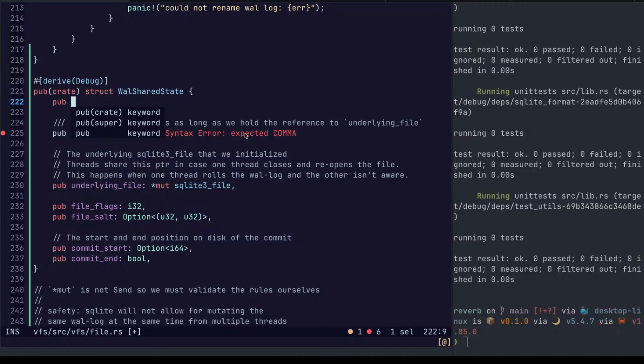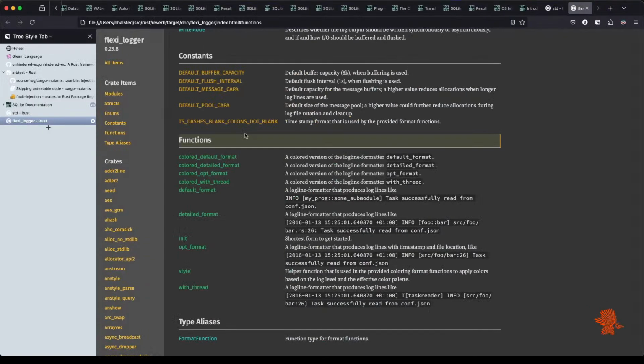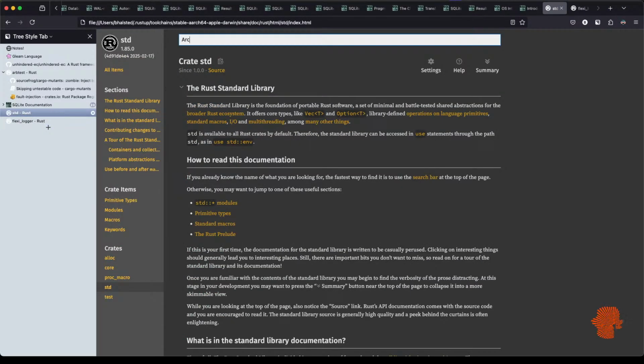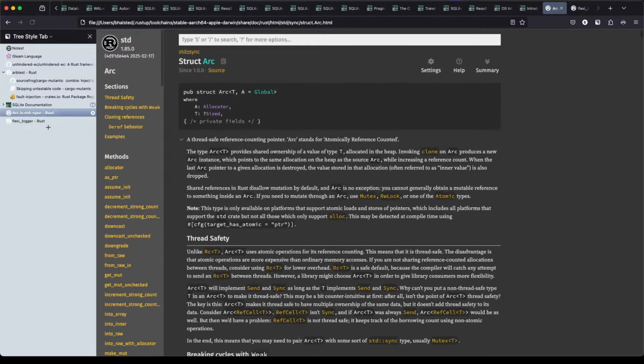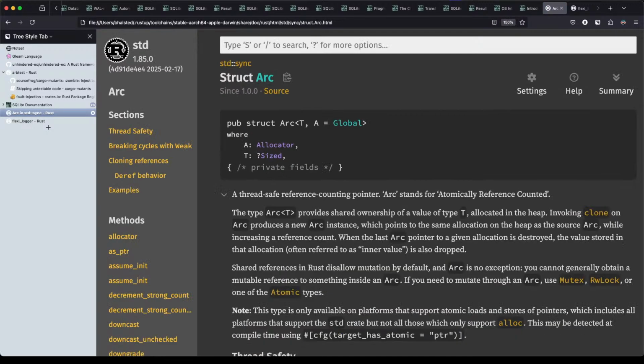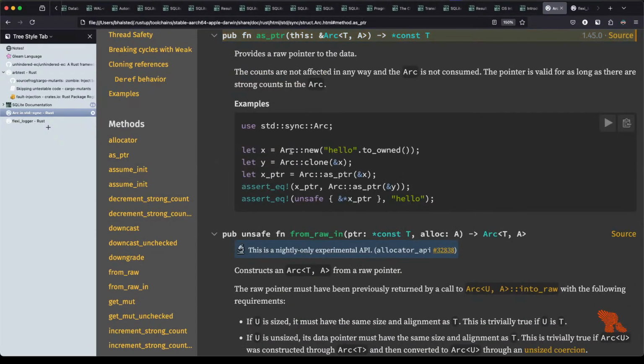Let's see. We could manually use, let's say, as pointer, which gives us a pointer that we could save, right?